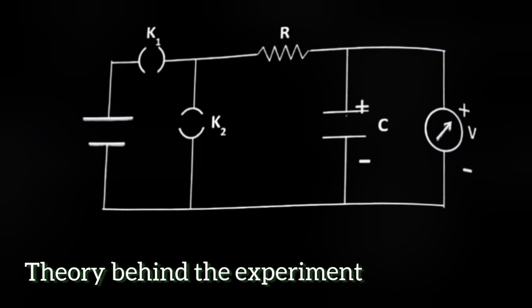Now, what is the time constant? It's denoted by tau, and it's theoretically equal to the product of R and C. But in our RC circuit, the time constant practically is the time when the charge in the capacitor becomes 63.2% of the maximum charge when you are charging, and it's also equal to 36.8% of the full value of the charge in the discharging cycle. So tau is the time constant, and what we have to find in this experiment is the value of tau.